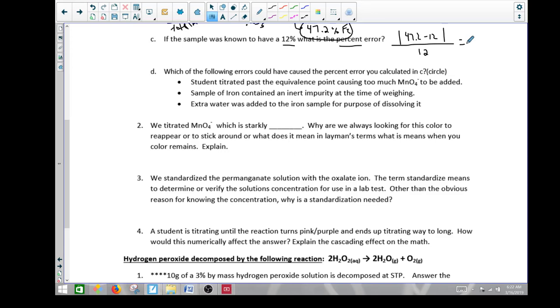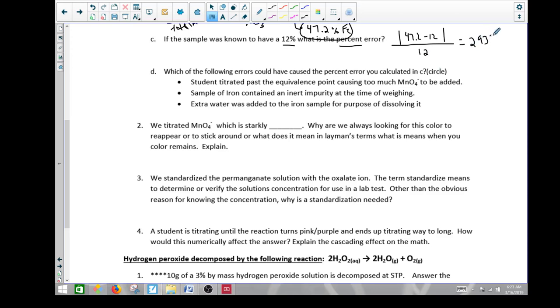And we multiply it times 100. So in this case, we get 35 divided by 12 is 4. Did it wrong. That math there is 2.9